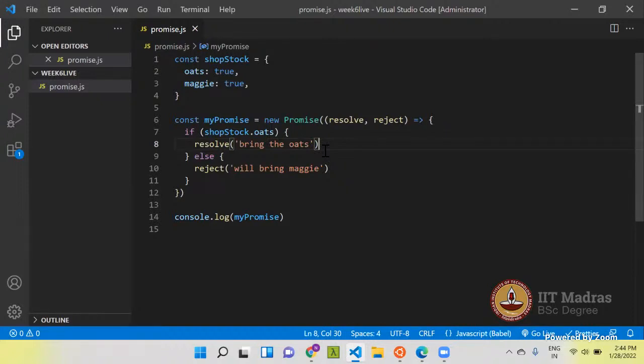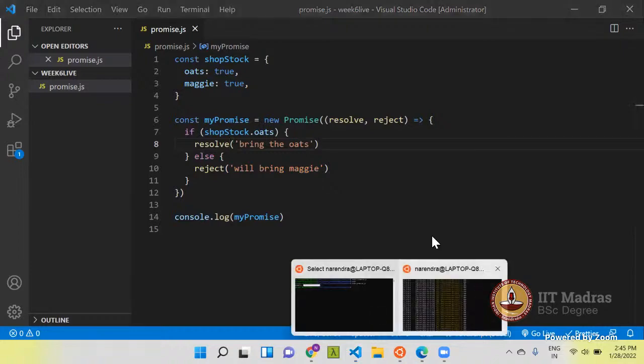So this function will be invoked if the promise gets resolved, and this function will be invoked when the promise gets rejected. These two functions are important.